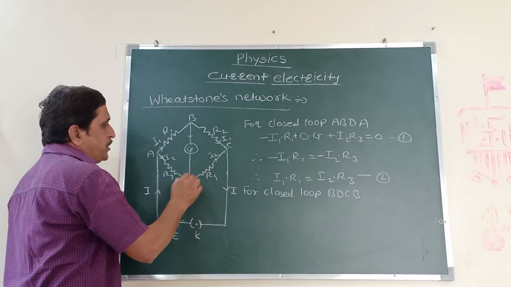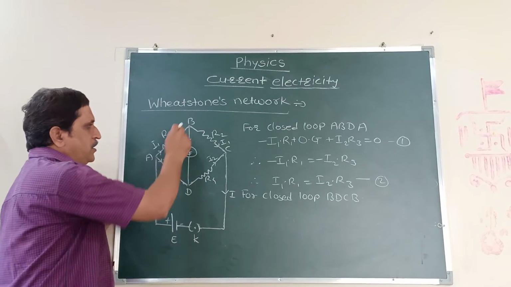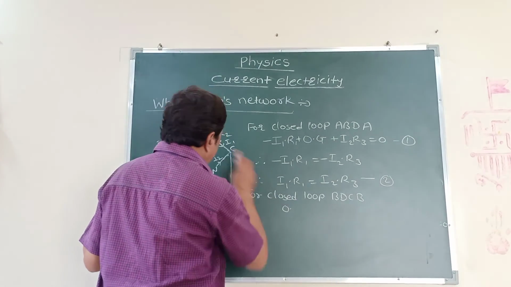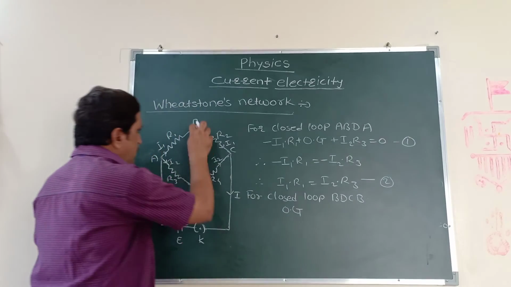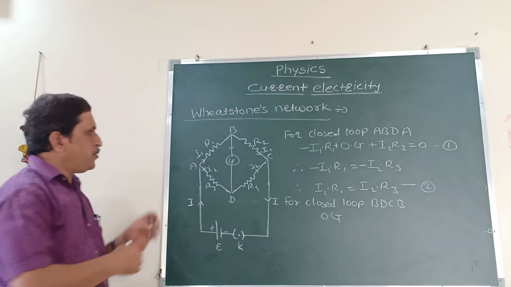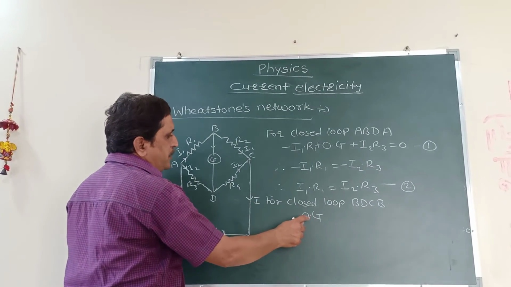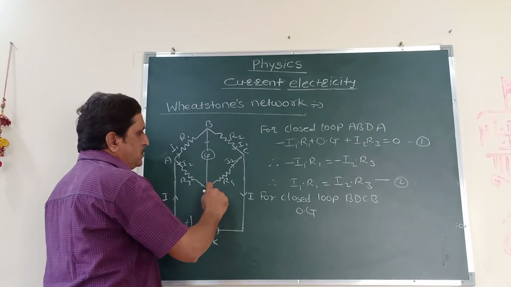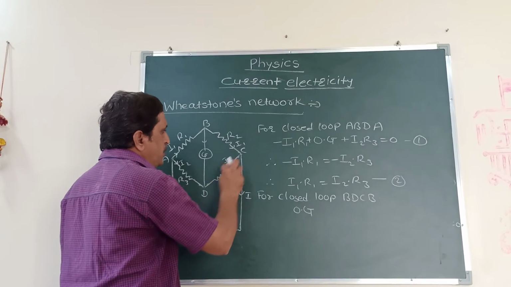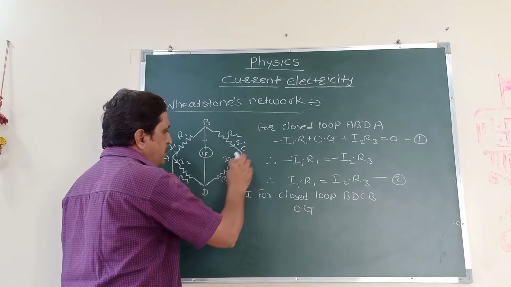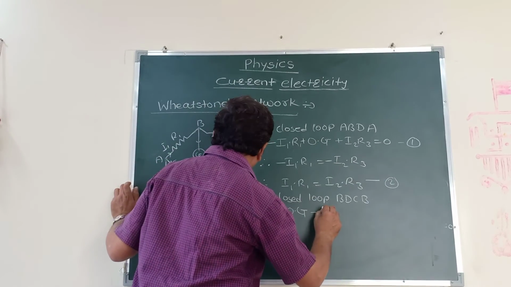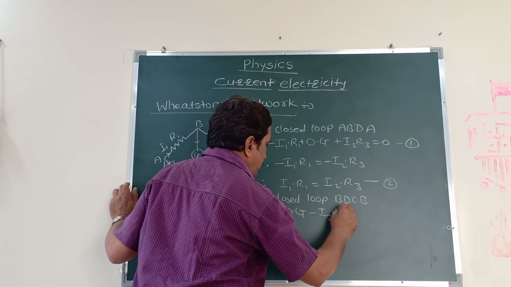Now from point B to D, these two points are equipotential points, and then we can say that the network is balanced. Then here current 0, resistance capital G. If these two points are equipotential points, then current doesn't flow through this galvanometer, therefore the product of resistance and current, that means we can write 0 into G. Now for this path DC, current is flowing from point D to C, and the loop is also tracing from point D to C, that means the product of current and resistance should be negative, that means minus I2 into R4.